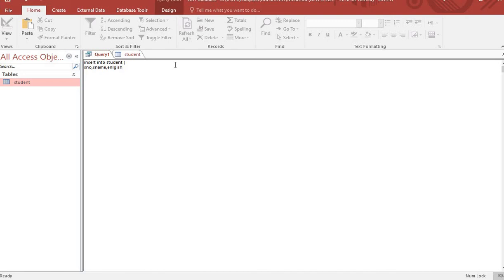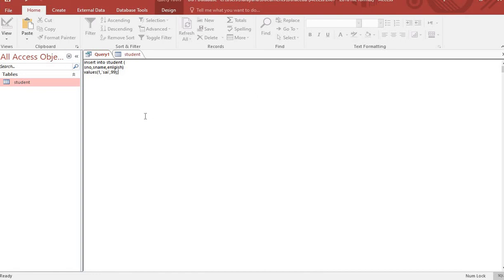So field names completed. Now I am closing the bracket. Here you have to mention values. See here, student number 1, and after that Sai. This is the student name only. You have to mention the student's name in between single quotes. See here, this is a single quote, and after that I am entering the marks.